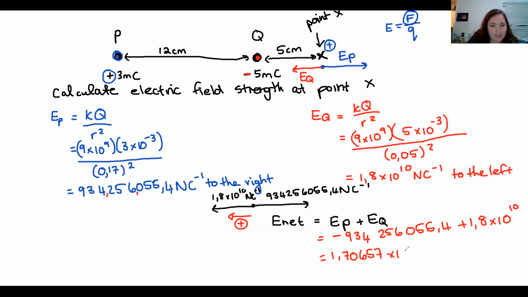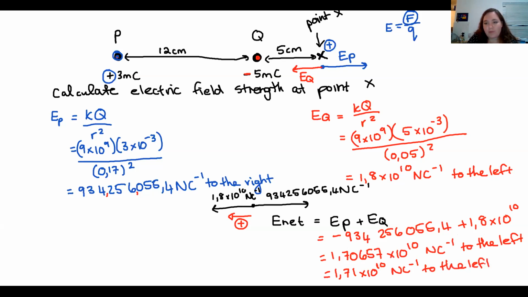7 times 10 to the 10 newtons per coulomb. And since we know this is bigger, it would be to the left. If you wish, you can take this to just 2 decimal places. But if you'll remember, I mentioned to you that it's a minimum of 2 decimal places, which means that if you put in more, it's not the end of the world. Okay, so